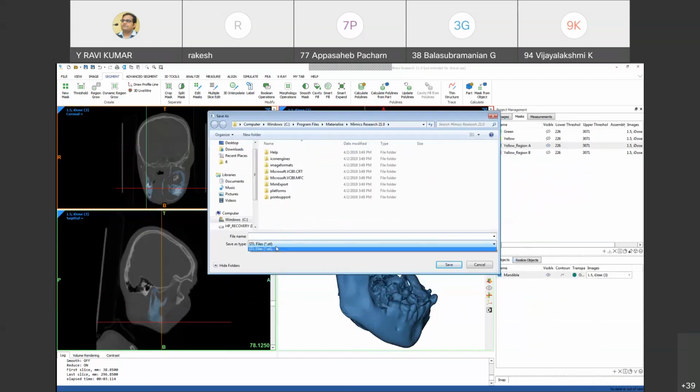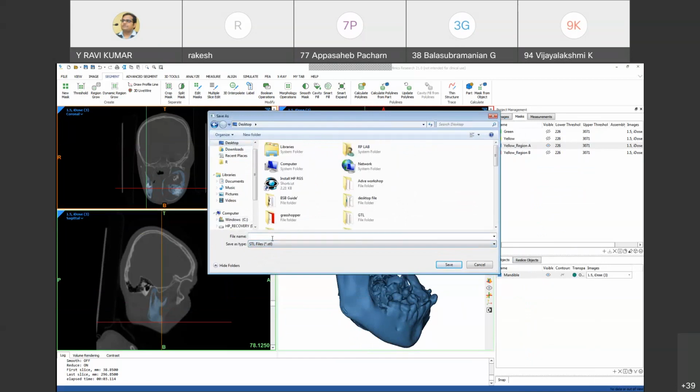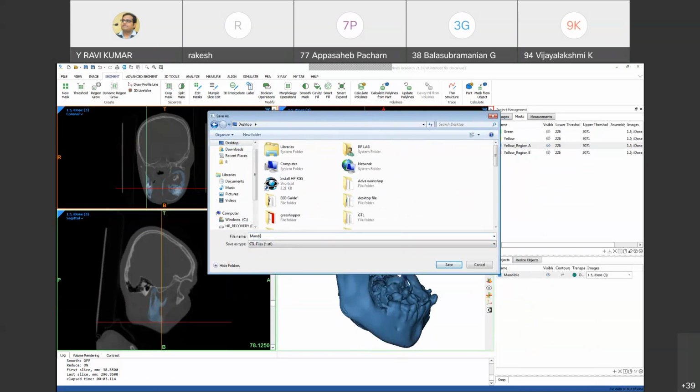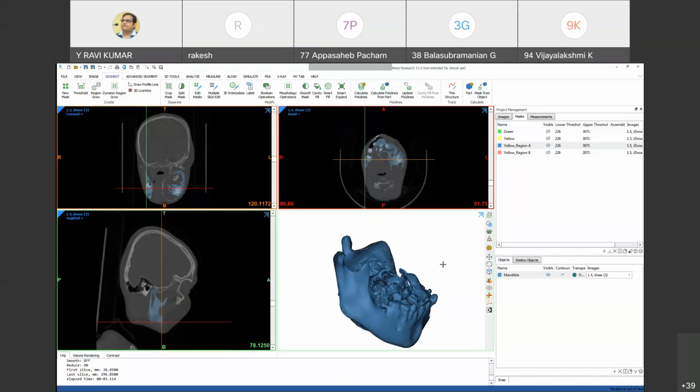I am saving this STL file on the desktop. So finally I converted the DICOM images to a CAD model as an STL file.